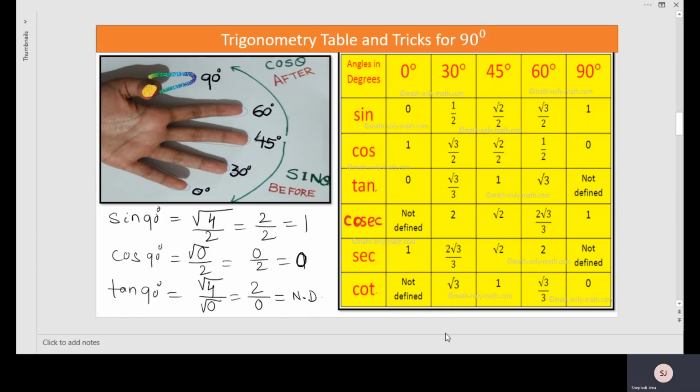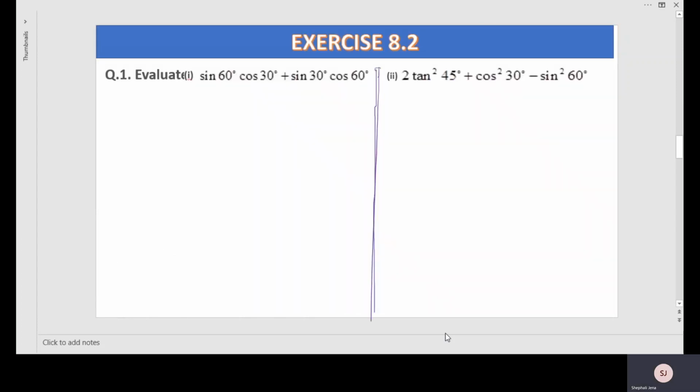Easily we can calculate. If sin cos tan, you will get sin cos tan. See, compare, same only. Sin cos tan you will get. Then cosec. Cosec is reciprocal of sin. So 1 divided by 0 not defined. 1 divided by 1 divided by 2, reciprocal, just its reverse. You just reverse the fraction. So it's reciprocal. So it will come very easily. We can find. Now we should go to the questions, our exercise question.